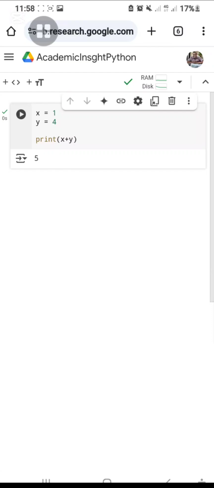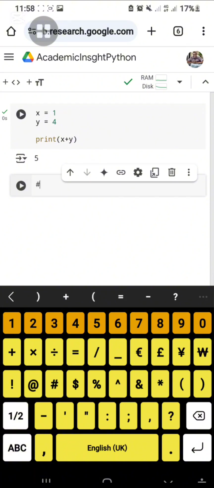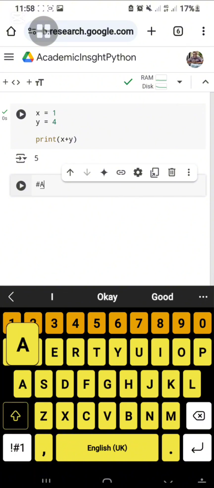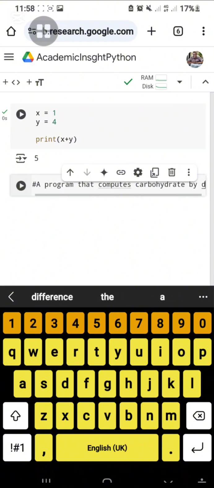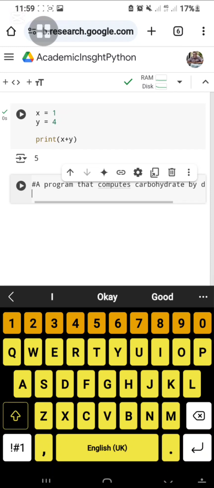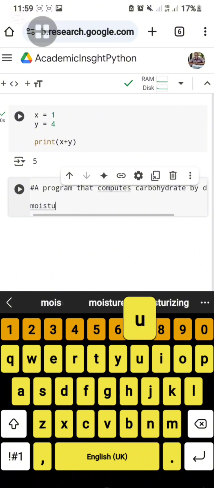To achieve that, we click on this plus sign to give us another cell, and I write a statement, a program that computes carbohydrate by difference. So I proceed with moisture, or let me reduce it to MOI for moisture,